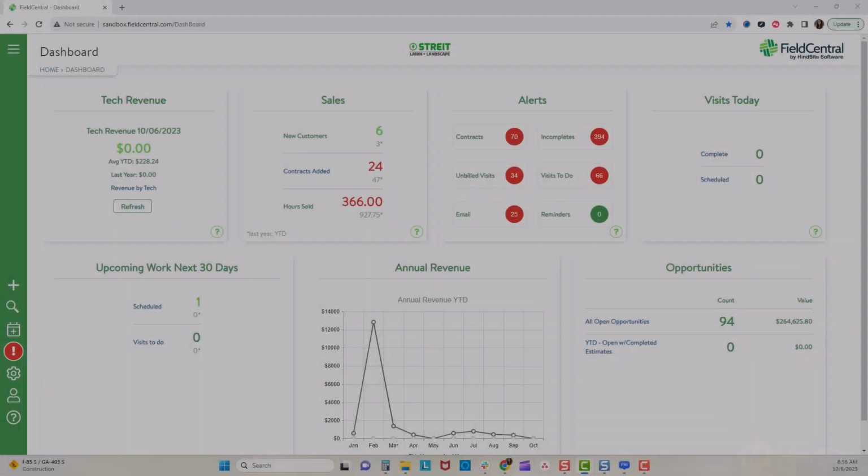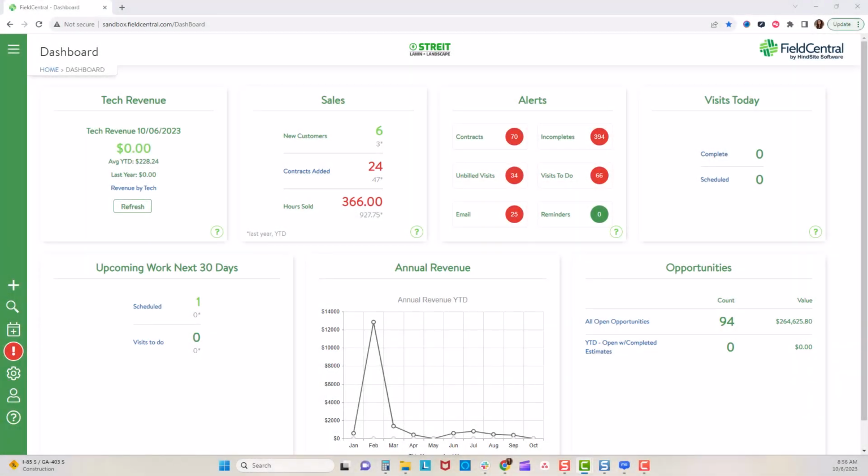Welcome! In this video, we will cover how to locate and filter the contracts log. In addition, we will introduce the bulk or mass actions you can use directly from this log. Knowing how to access and begin to manage your contracts is essential to servicing your customers and preventing leaving revenue on the table. Reminder: once an estimate is approved, a contract is generated in the system.